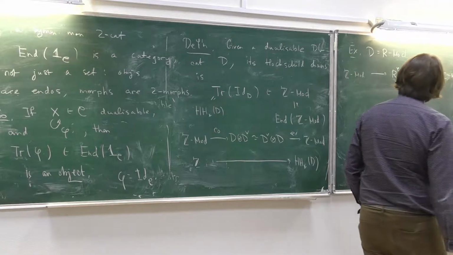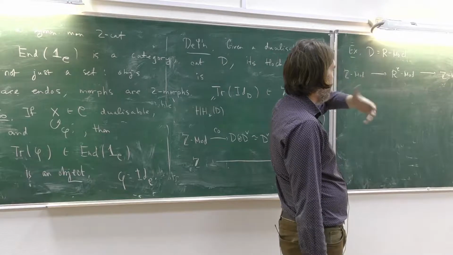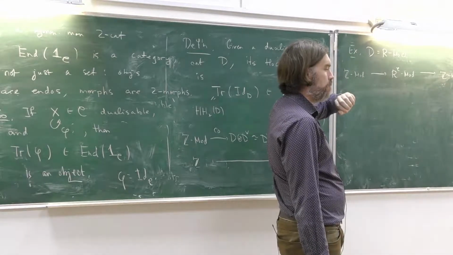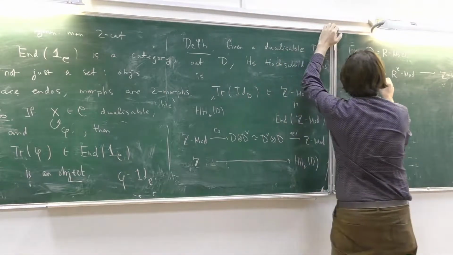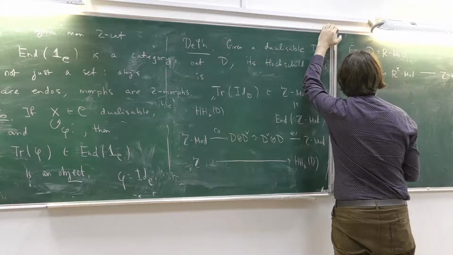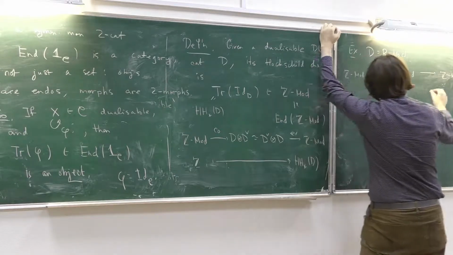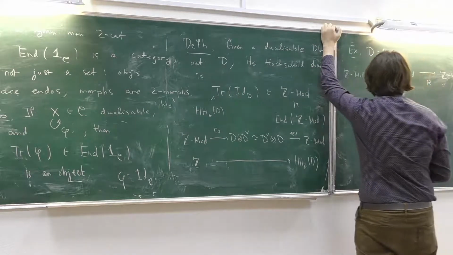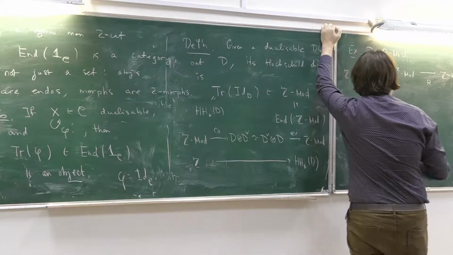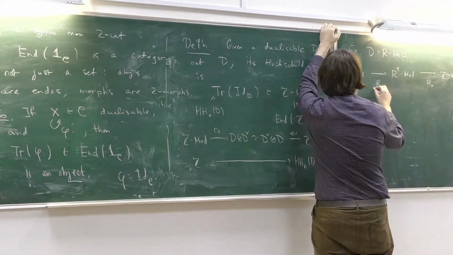Remember, the coevaluation and evaluation were both given by the diagonal bimodule, but in different ways. So here, this was supposed to be R, where R^e acted on which side? I think so here, this should be R^e acts on the right, and this should be R^e acts on the left.